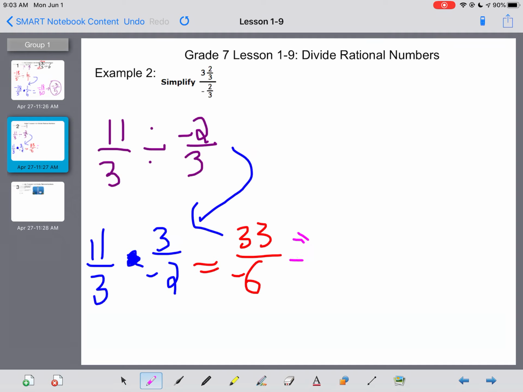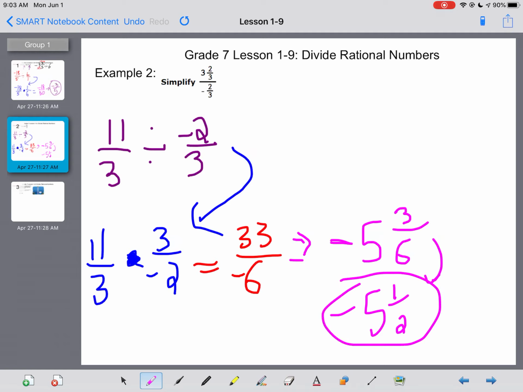So, by the way, because the 33 is positive and the 6 is negative, there's only one negative answer. Now I can put the negative back in front. So I know my final answer is going to be negative 5, because 5 6's fit into 33. And then there's 3 left over, because 5 times 6 is 30, and we're 3 away from 33. So it's negative 5 and 3/6, which is the same as negative 5 and 1/2,